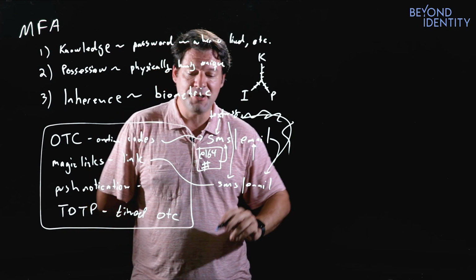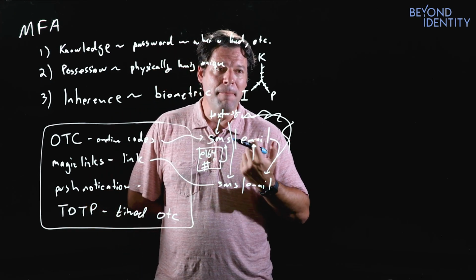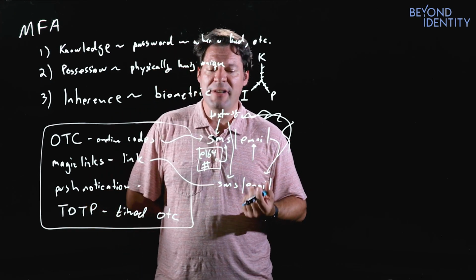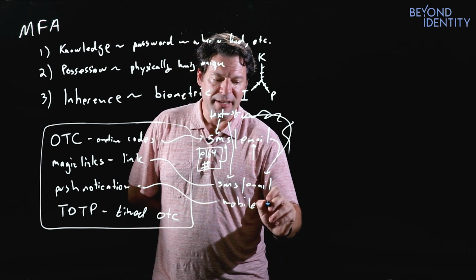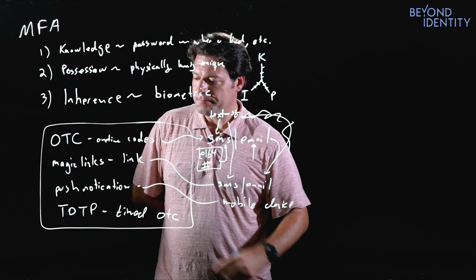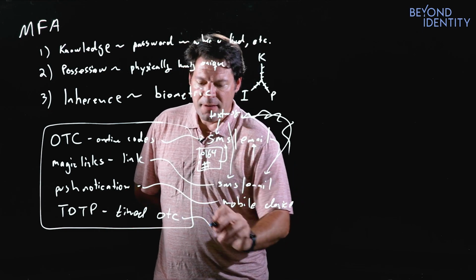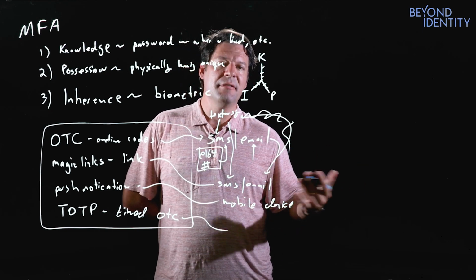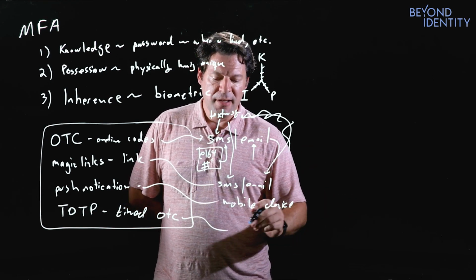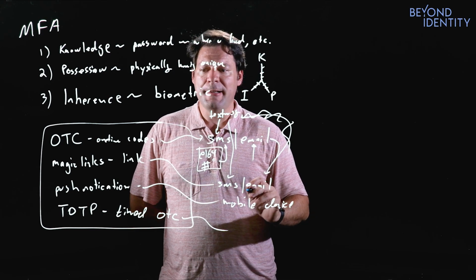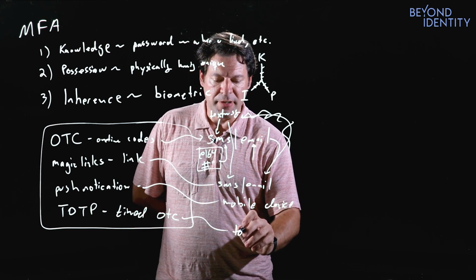It gets a little messy, but that's roughly how it works. All right, push notification. You have an application bound usually on a mobile device. So it's basically proving possession of a mobile device of some sort. And then TOTP. This is not being delivered through some alternate channel that you then have to prove you have possession of. It's typically through possession of a token, right?